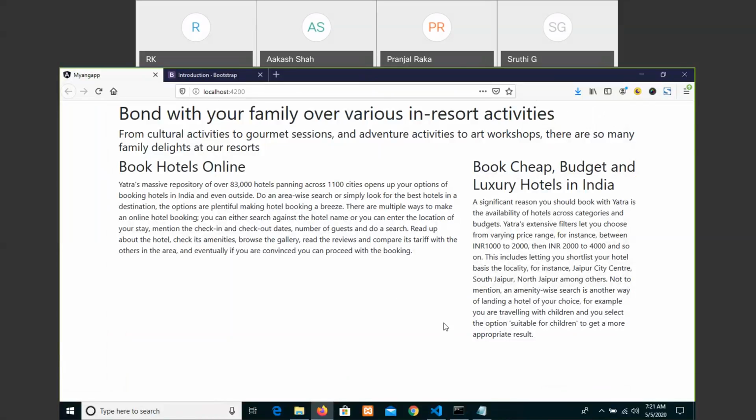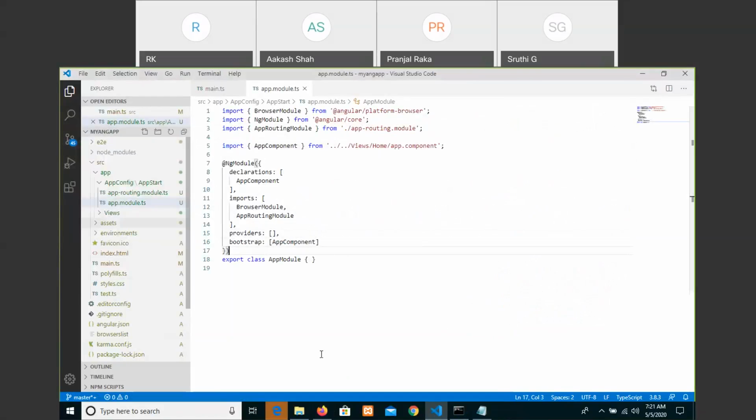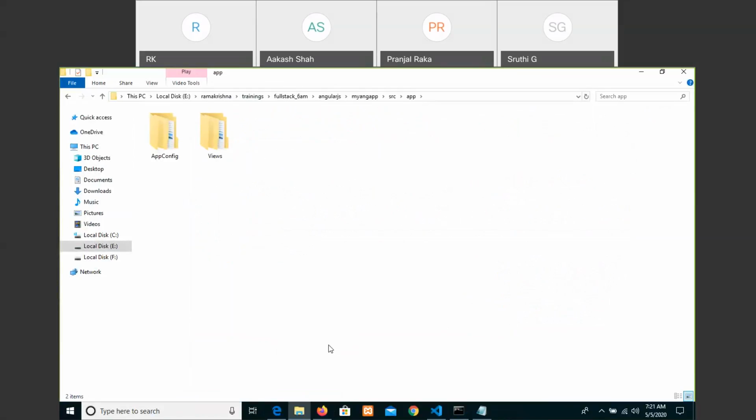Now we got clarity on how we can create a component. We did not create any custom component; whatever they have given, we just adjusted. But instead of writing all the files in one place, we created separate folders and segregated the functional parts, the configuration or modules part, and the output part separately.